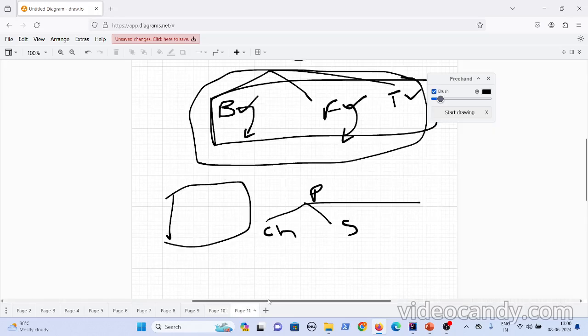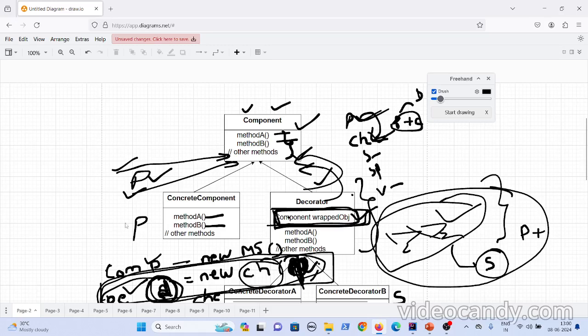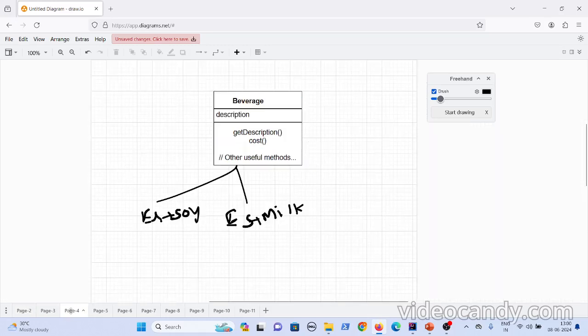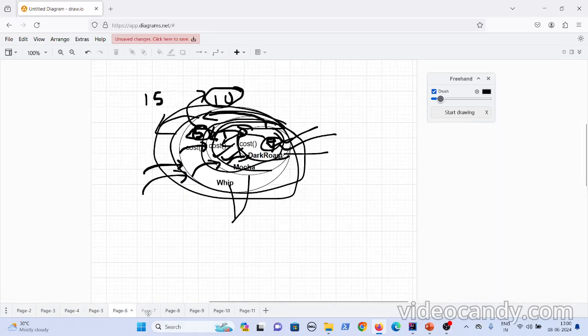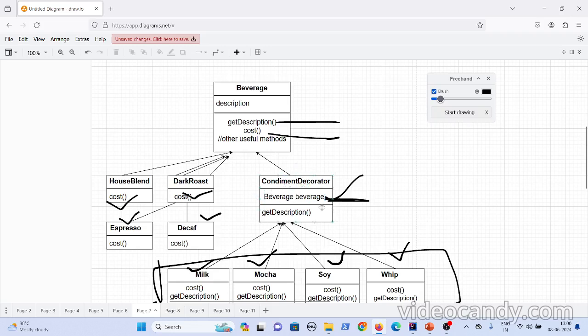This way you can see the decorator example, and you can just remember this class diagram where you have a component, and then you have decorators as well. So here the decorator is treated both as a beverage, as a component, and it has a component.